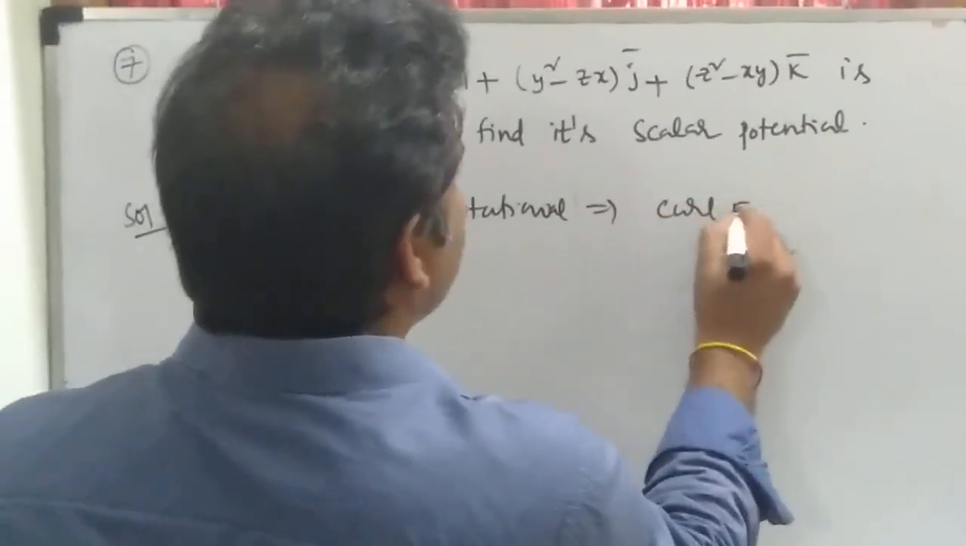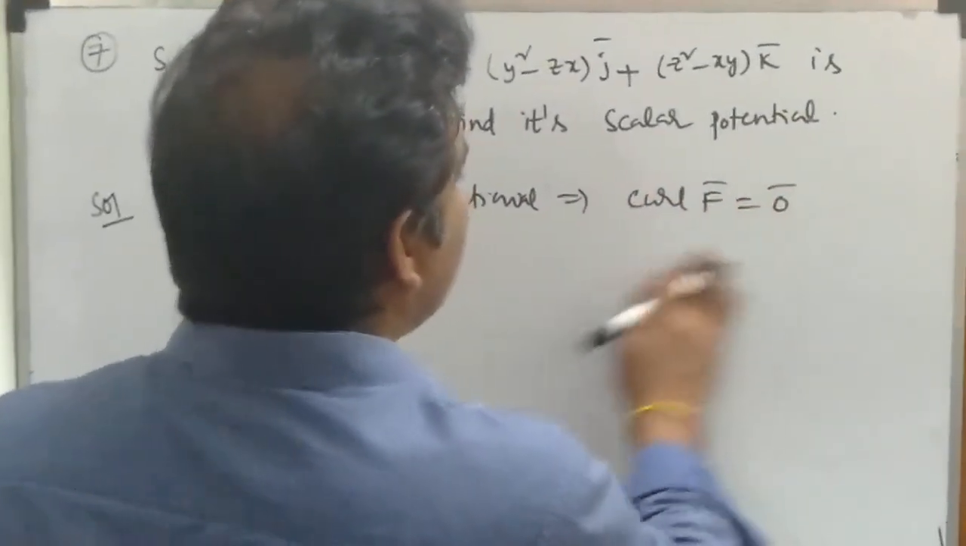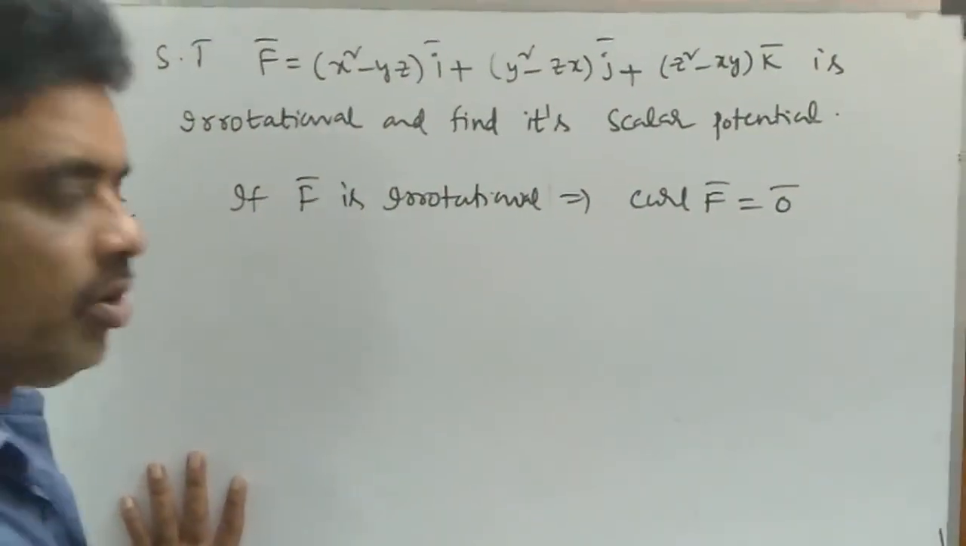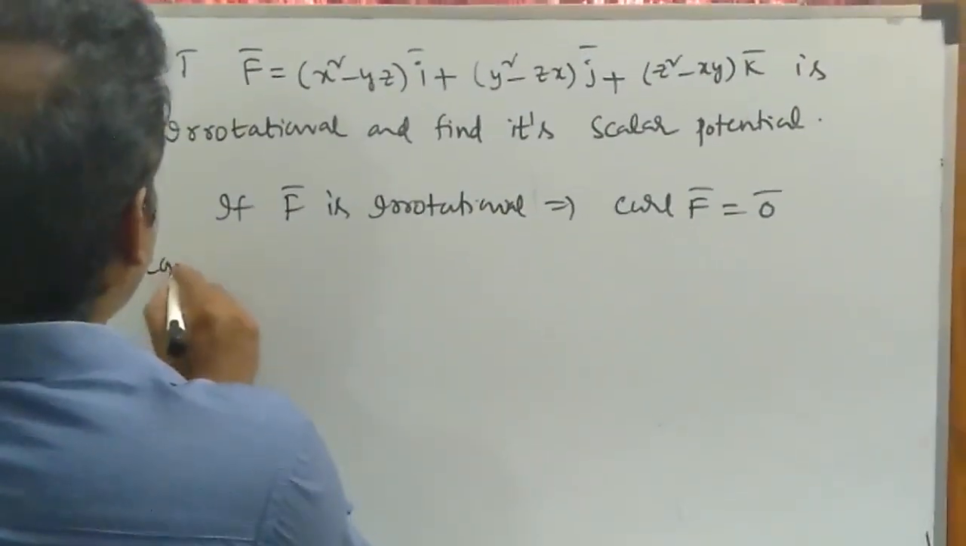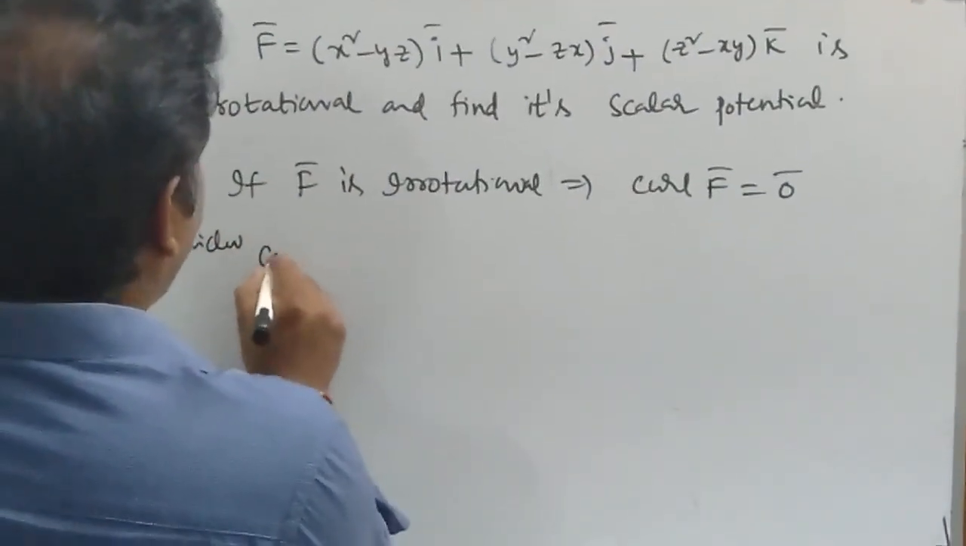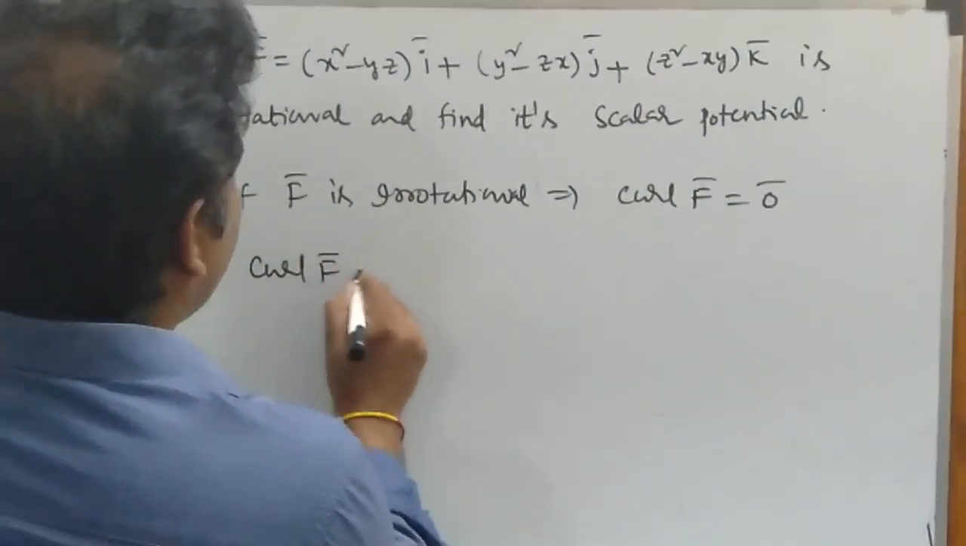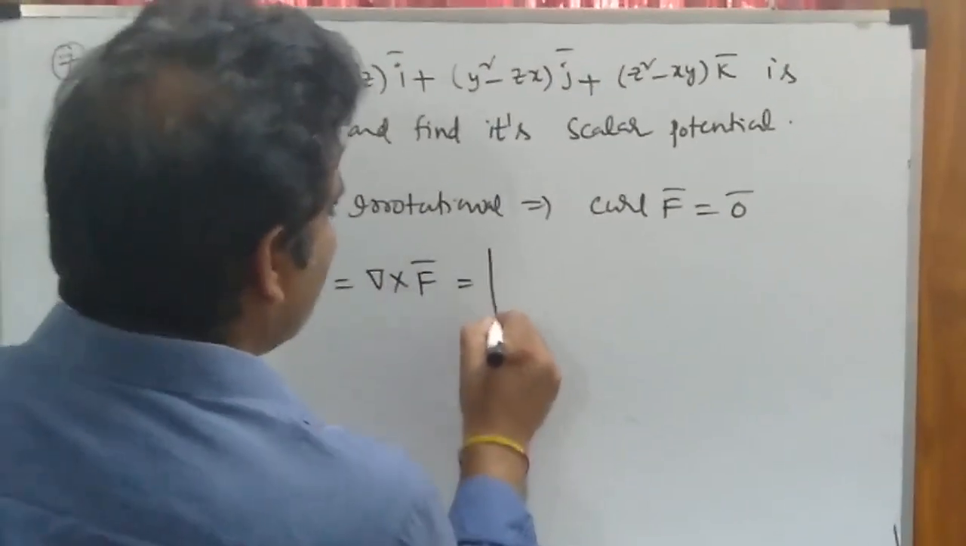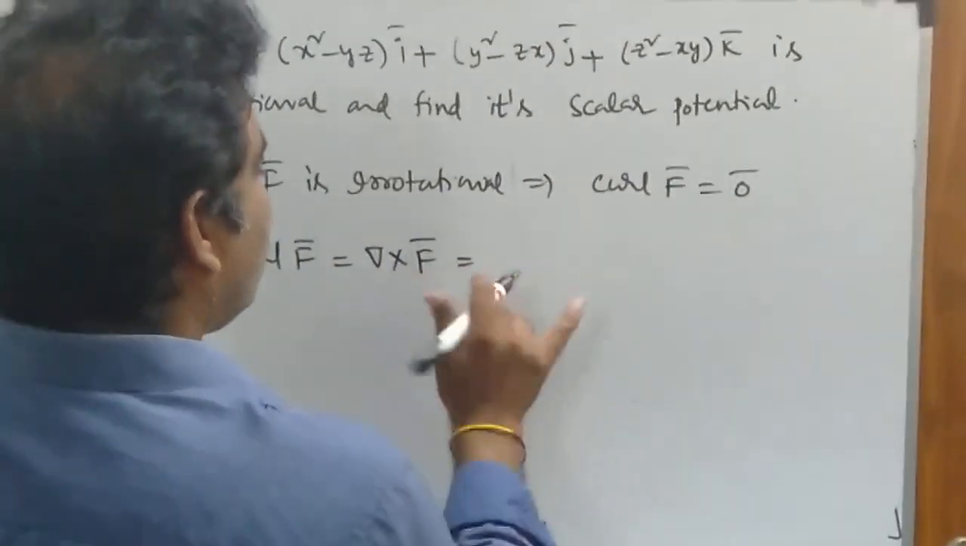Curl f bar is equal to 0 bar. If curl f bar is equal to 0 bar, then f bar is said to be irrotational. Now consider curl f bar. Curl f bar means del cross f bar, that is the determinant of